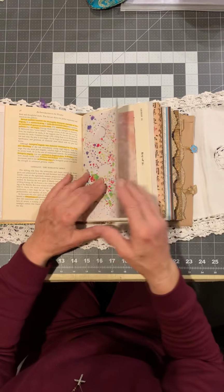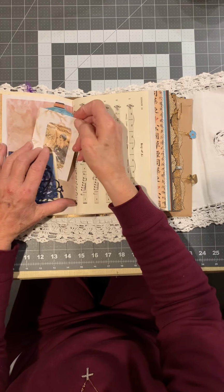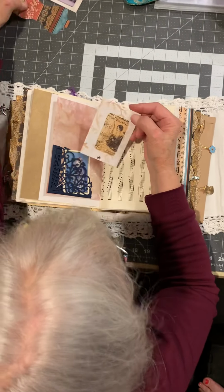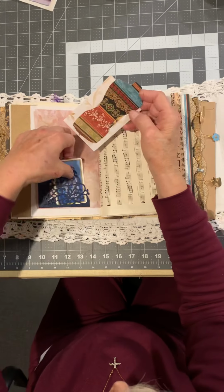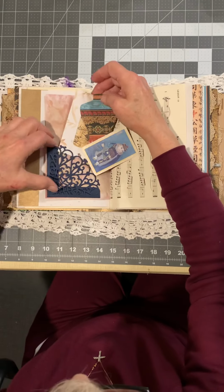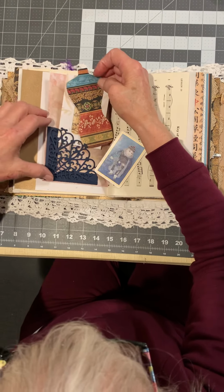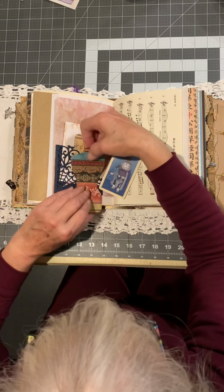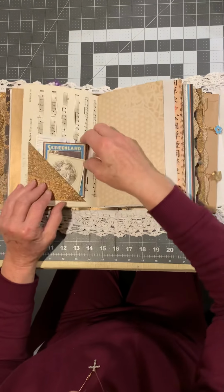And this is Charlotte's paper, coffee dyed paper, a pocket, and I stenciled on here, put a journal just to add some interest. And this is a silhouette of a dress form. This is a playing card. The hurrier you go, the behinder you get. Let's put this in there. This in there. Vintage music, pocket,